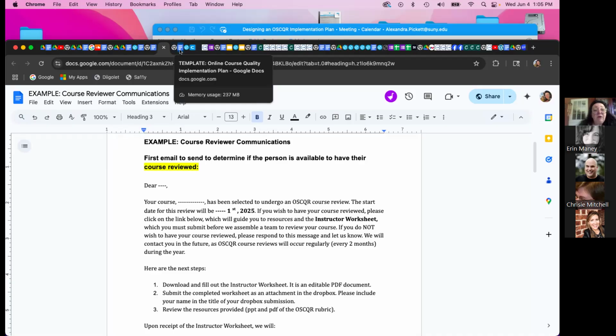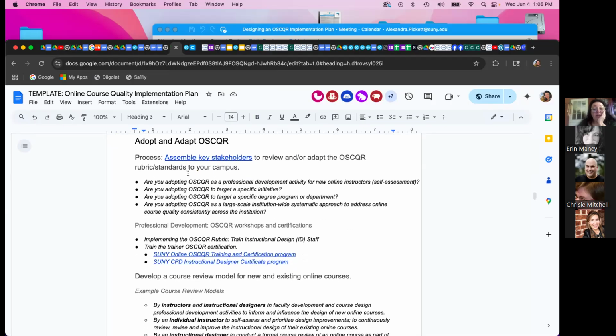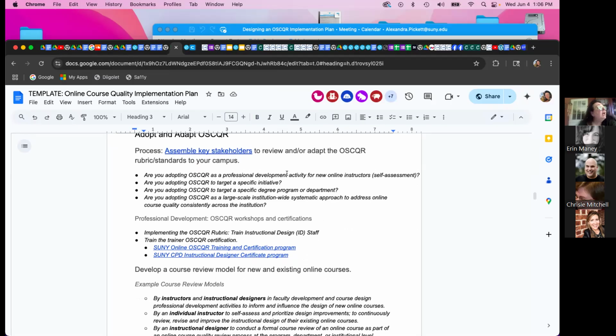All right, so let's go on to the next section of the plan, which is adopting and adapting OSCQR. So again, you have your key stakeholders, and you may use them to review and or adapt OSCQR standards to your campus and the context of this implementation plan, right? If you're really focusing on accessibility and accessibility only, you might want to just use the standards in the OSCQR rubric related to accessibility. So you would modify the rubric to highlight those. You might add some that you have that are, you know, ones that you come up with,